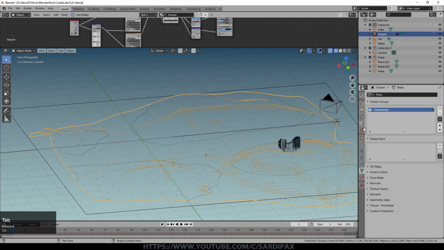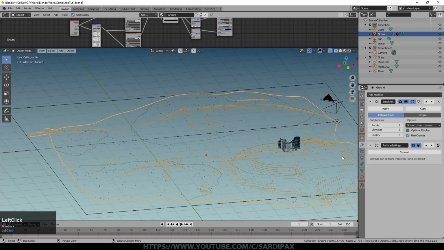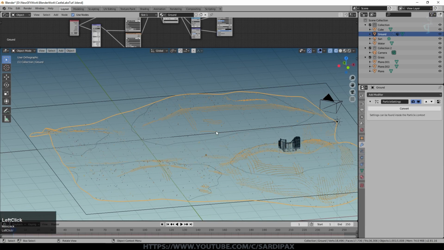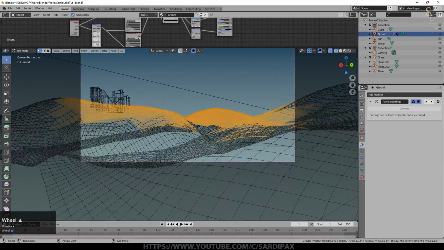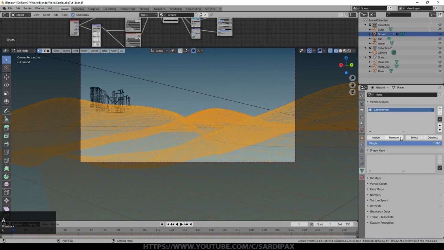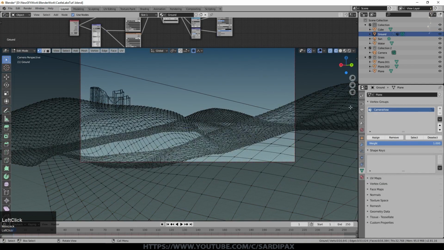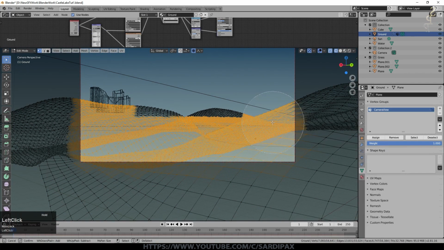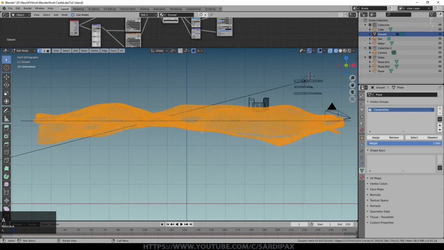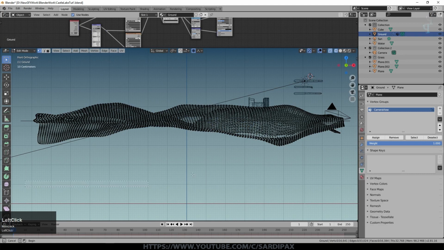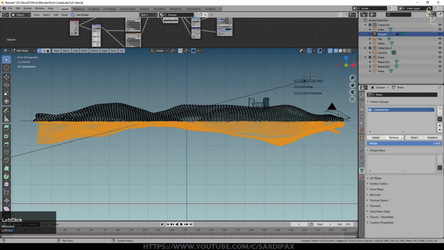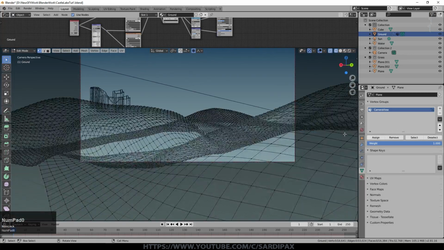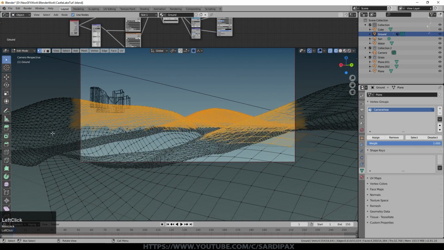So at this point I think I'm going to go to the ground options and apply that subdivision surface. And I'm going to do what I just did again and you'll see it will be somewhat better. So I'm going to remove everything, so there's nothing selected in that vertex group at the moment. See, there's a lot more vertices to choose from, but still not a vast quantity. So I'm going to assign that, then look from the side, deselect everything, box select up to just below there and say remove. And now look from the camera and say select, and you can see we've just got land that's within the view of the camera.